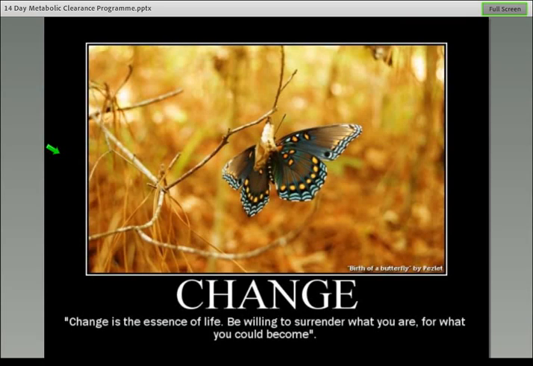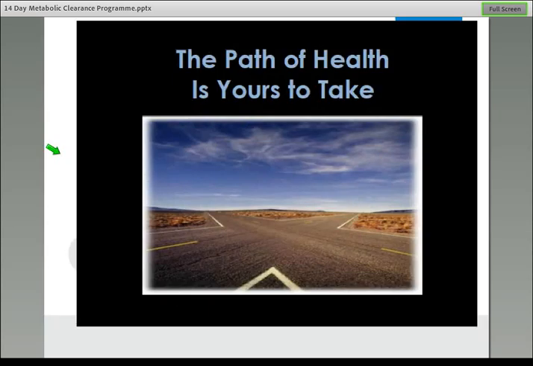And remember, change is the essence of life. Be willing to surrender what you are for what you could become. And the path of health is yours to take. Your practitioner has obviously led you this far. Now make sure you take the right path forward. Good luck on your metabolic clearing program, and I look forward to hearing